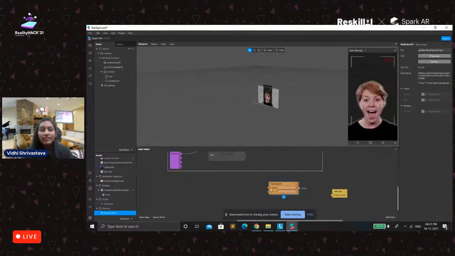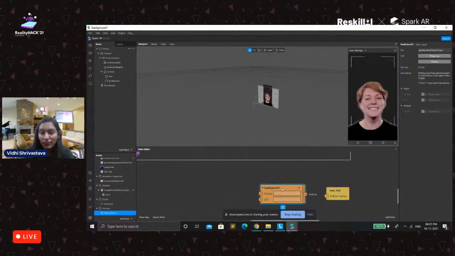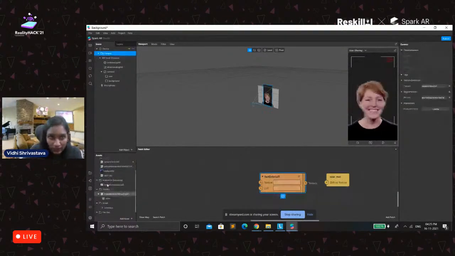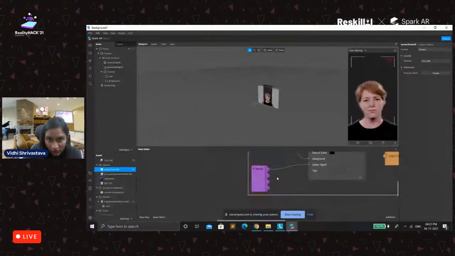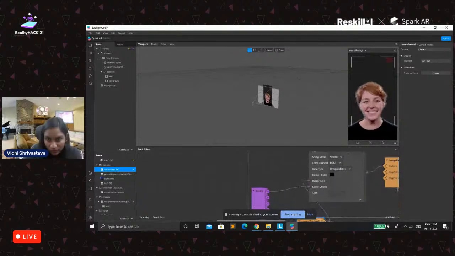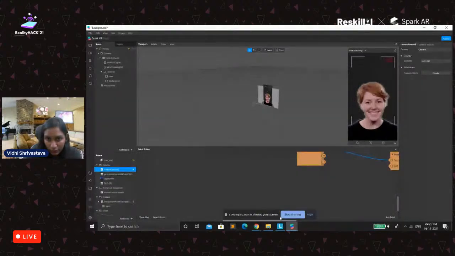Now see, its input says that it needs one texture. You guys would have understood by now that we need to extract the camera texture. Go to camera, extract the camera texture. It's already here. So I'll bring this a little down, and let me take the input.